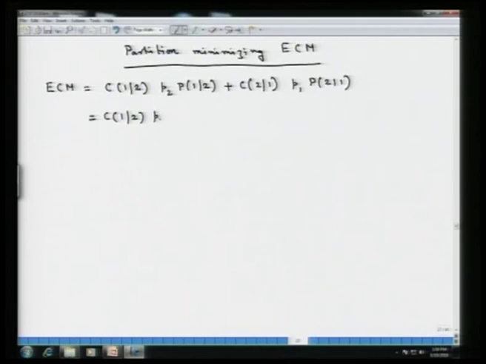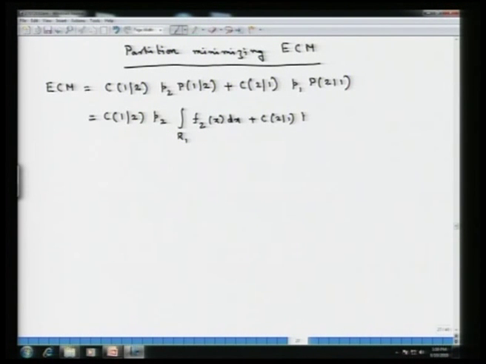So, this can be written as: this is getting classified into 1, and hence this region is R1, and the object is coming from population number 2, so it has the density f2 in our earlier notation, f2(x) dx,